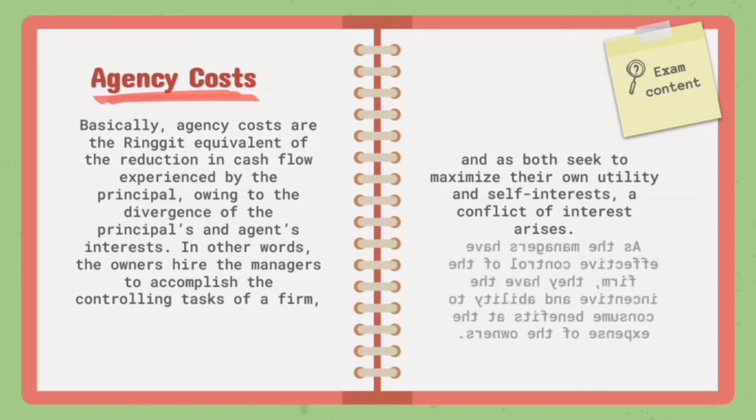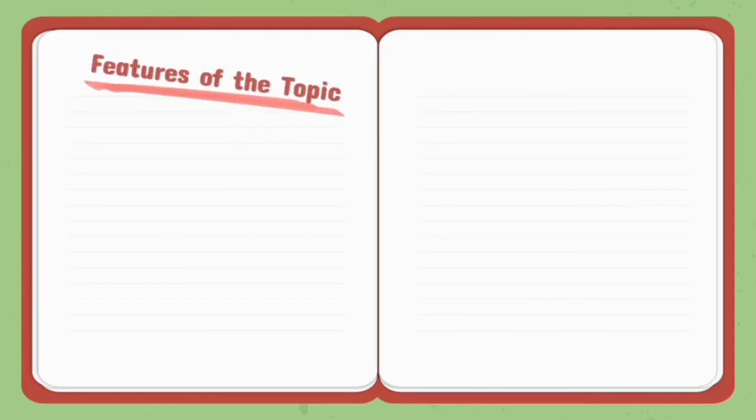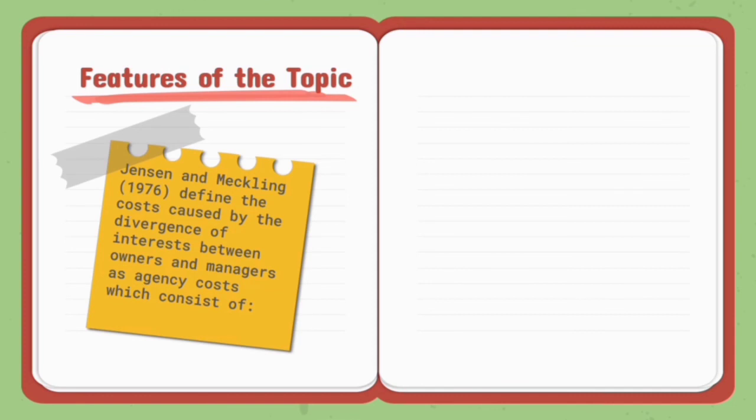As the managers have effective control of the firm, they have the incentive and ability to consume benefits at the expense of the owners. Jensen and Meckling, 1976, defined the cost caused by the divergence of interest between owners and managers as agency costs, which consist of